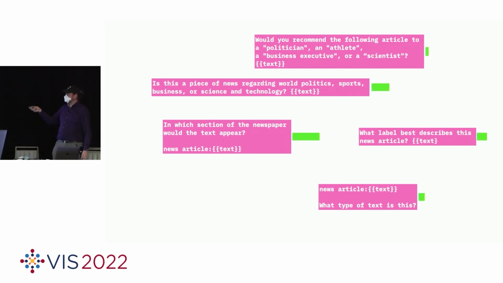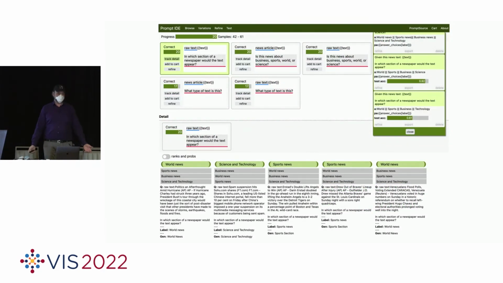So you want to attach some kind of attribute to it that determines good or bad. And this is exactly what PromptIDE is for. This tool helps you explore prompt variations and figure out which variation of the task formulation performs best on the given task. And in this case, the task is classification.